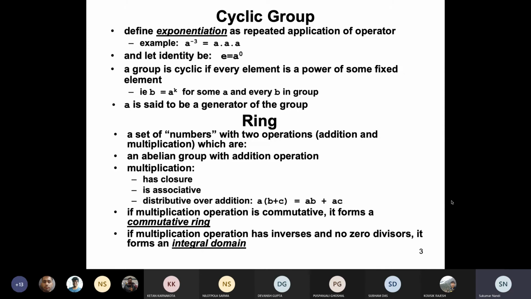It happens obviously in modular arithmetic. We want non-zero divisors, meaning A multiplied by B is not equal to 0 if none of them are 0.